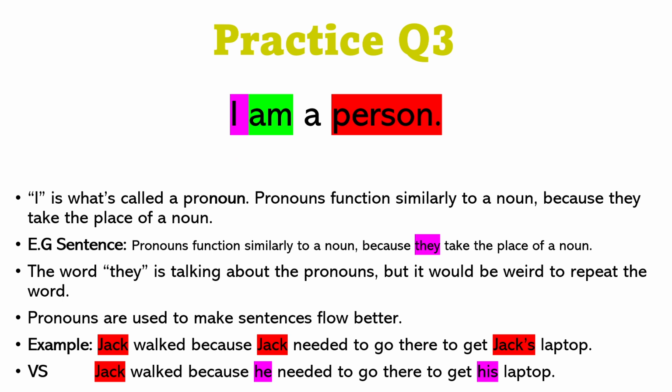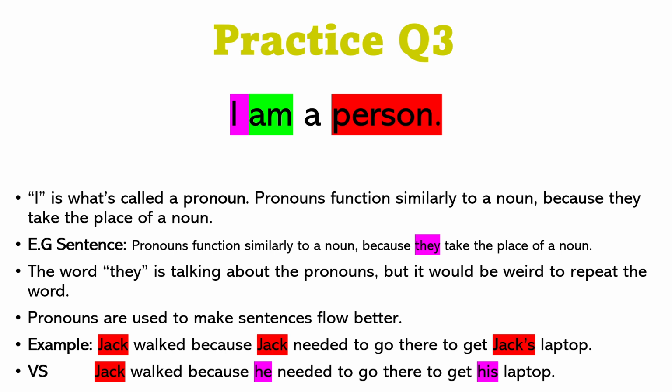Pronouns function similarly to nouns because they take the place of a noun. So, if you think about words like I, you, he, she, they, we, those are all pronouns. They take the place of something else. So, you can refer to really anything that's a noun as a pronoun by substituting it. And this is done for various reasons. It's done just so you don't have to constantly say something's name. Like you wouldn't want to say, I needed to get the book because the book is good and I need the book for this. Whereas you could just say, I need to get the book because it is important. You use that word, it.